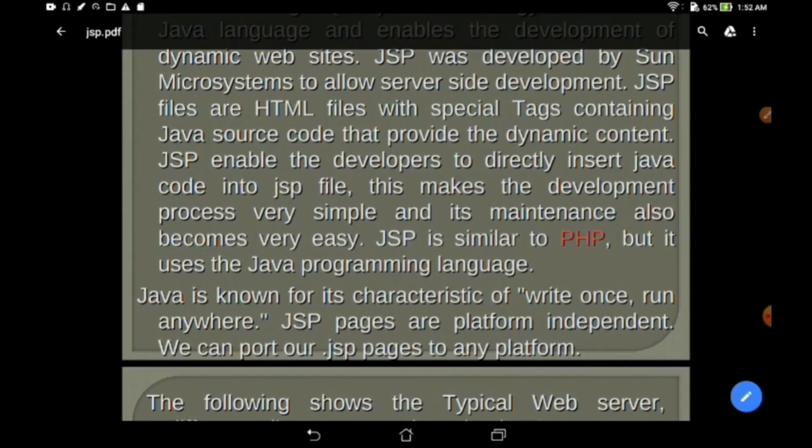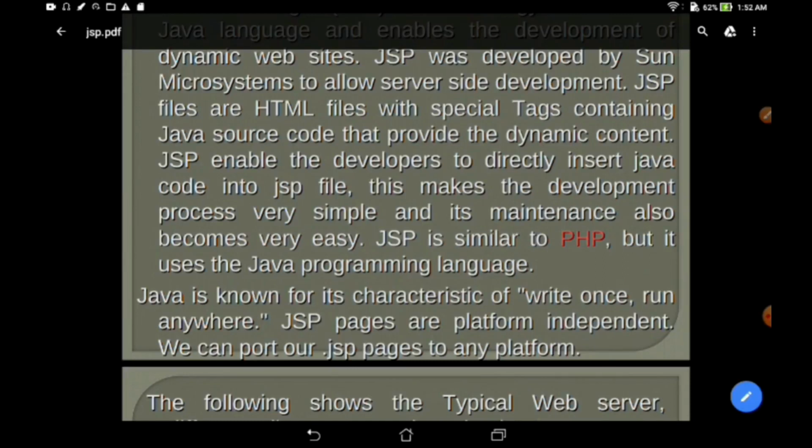That is why developers use JSP. JSP can insert Java code directly into the HTML.